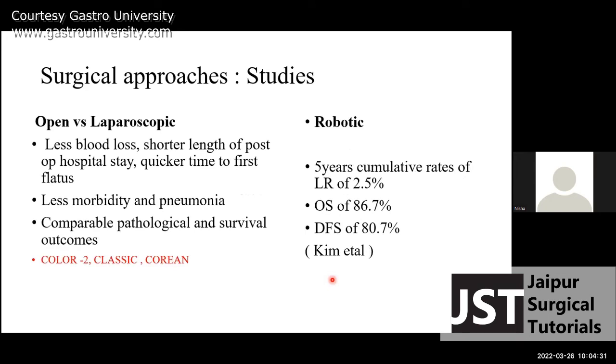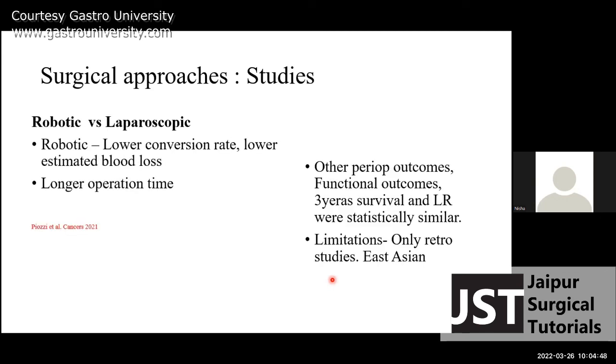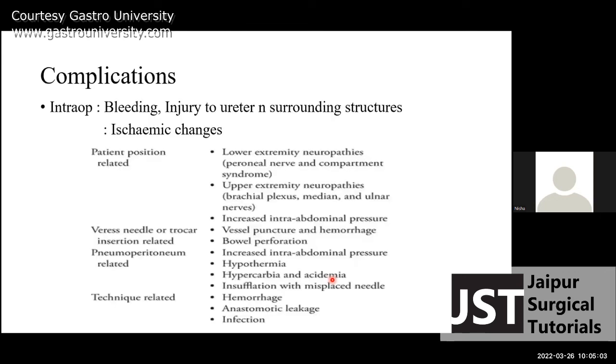The COLOR trial, the CLASSIC trial and the Koreans have described that the outcomes with laparoscopy versus open are comparable, as opposed to the ALaCaRT trial and the ACOSOG trial, which have shown that laparoscopy is inferior to open. This is just for completion purposes. When we compare robotic versus laparoscopy, as seen in the ROLARR and COLAR trials, they have said that robotic has lower conversion rates and longer operative time, but the perioperative and functional outcomes are statistically similar. Now, coming to the complications, we know that intraop,